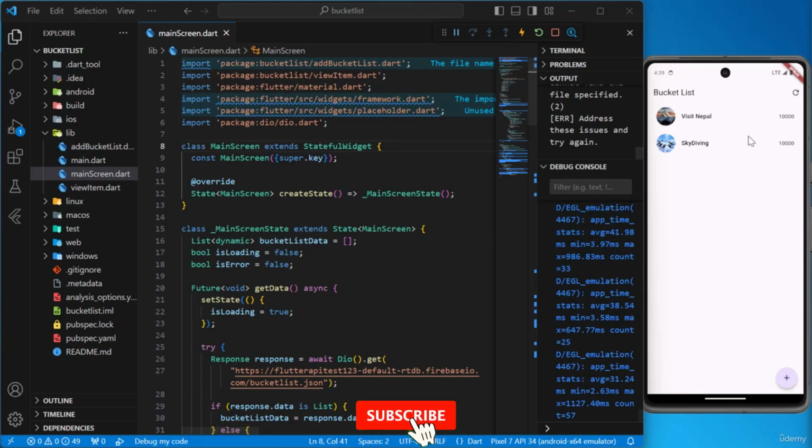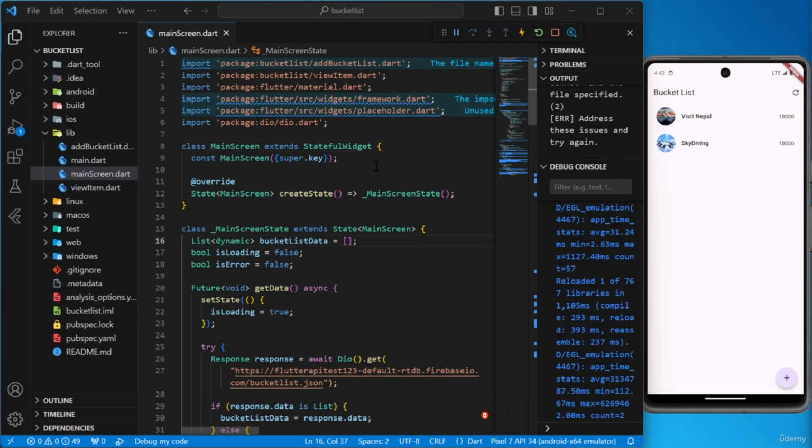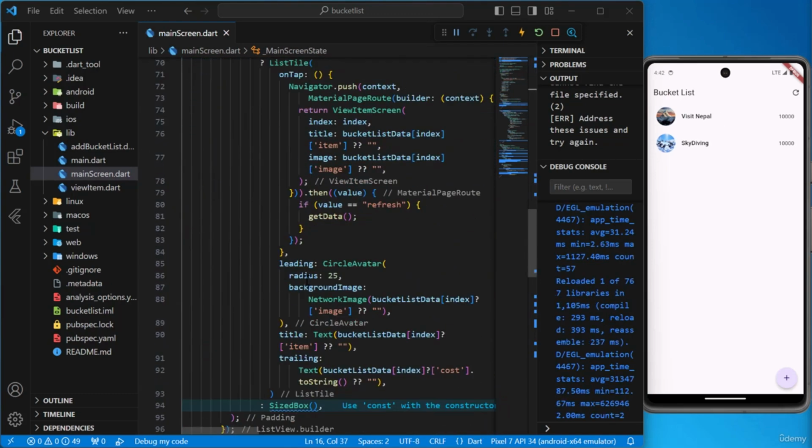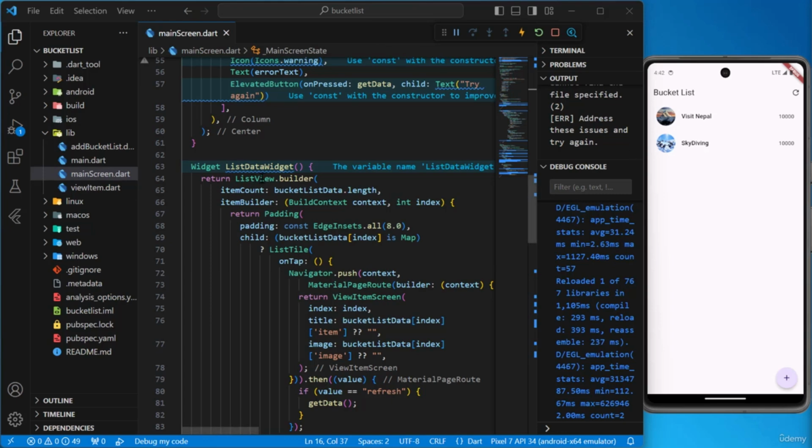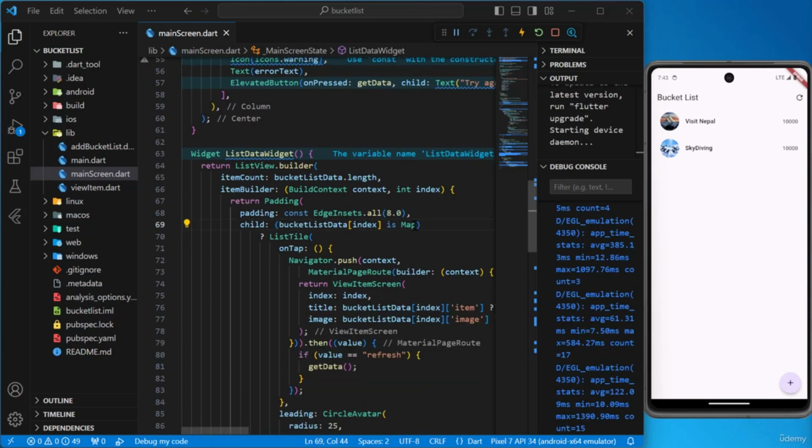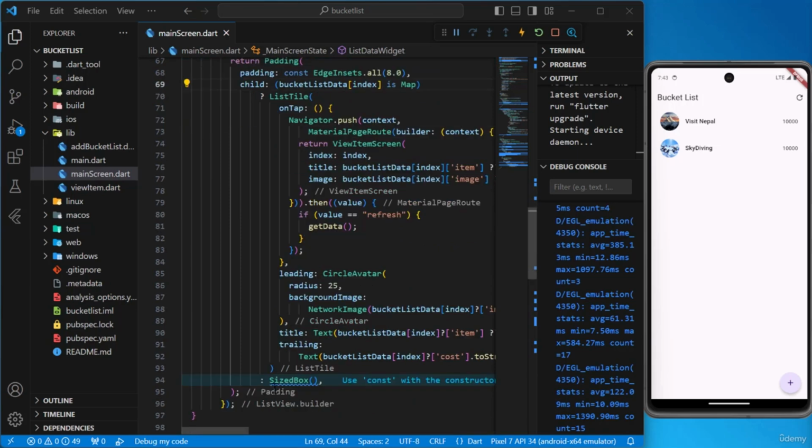In this lesson, we will be filtering the data in our bucket list so that we do not display the completed bucket list items. Alright, so let's navigate into the list view builder, which is responsible for building these items. So here it is. There is a condition over here. We check if the data in this index is actually a map. If it's a map, then we'll be rendering this list style, and if not, we'll be rendering this invisible sized